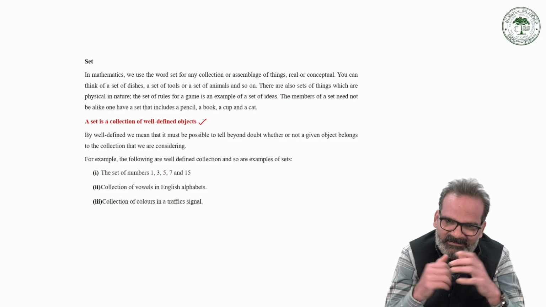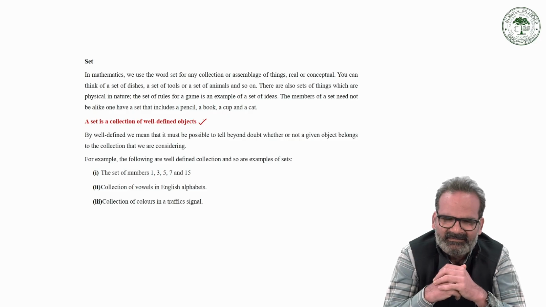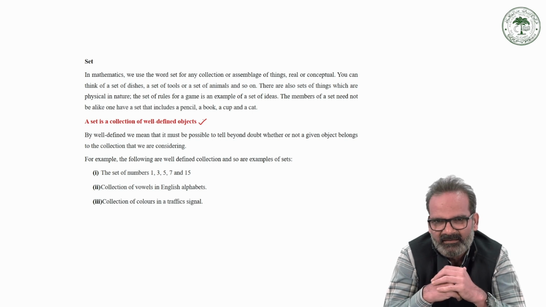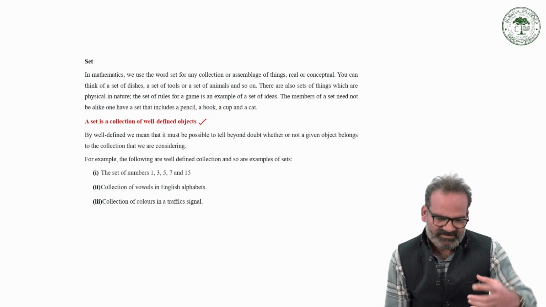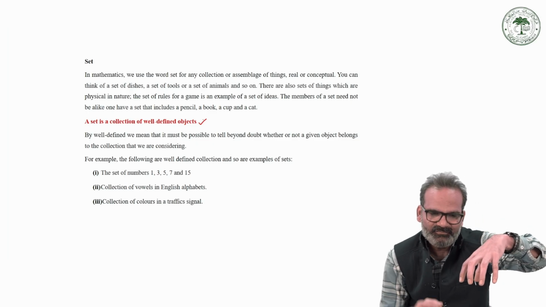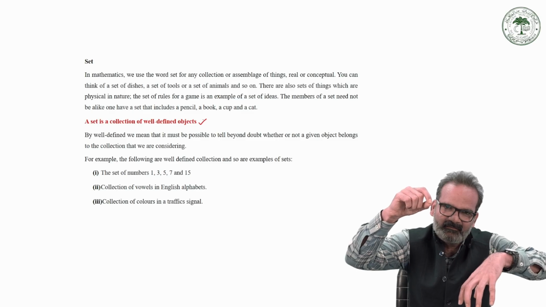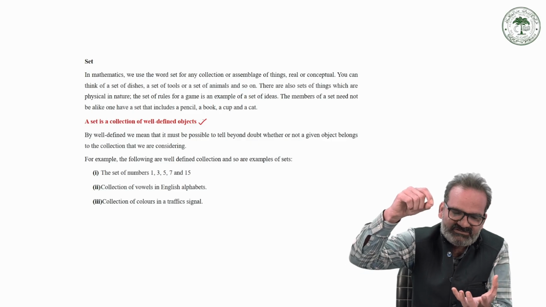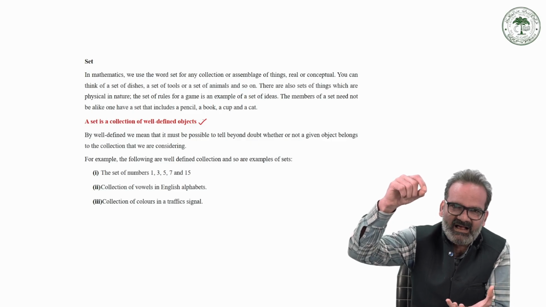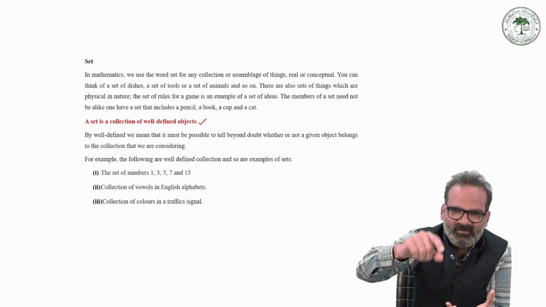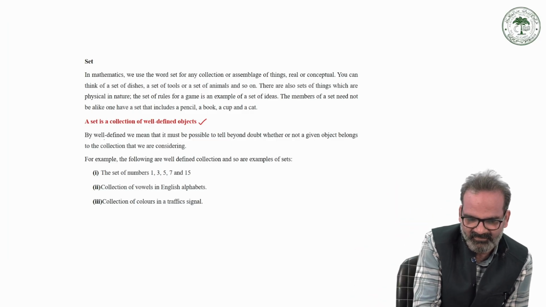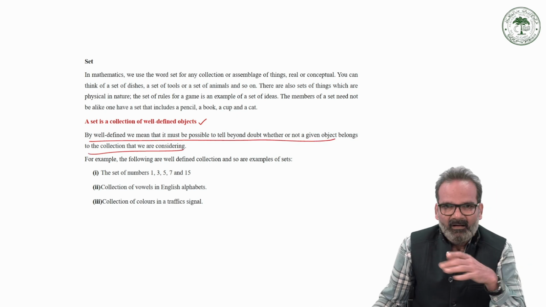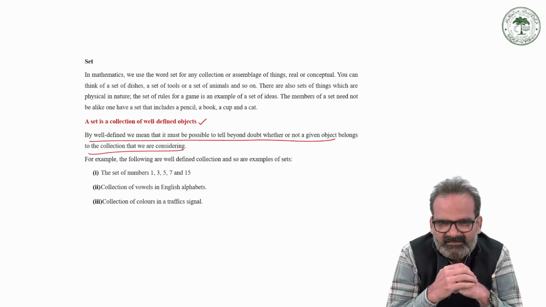So what this statement indicates actually, there are many ways we can identify the meaning of well defined. One way is this: whatever items you have collected, if you are picking up any single item, the picked up item must be easily identified as drawn from such a particular known collection. This is the meaning of this line, what we have referred to. Number 2, whatever items you have collected,